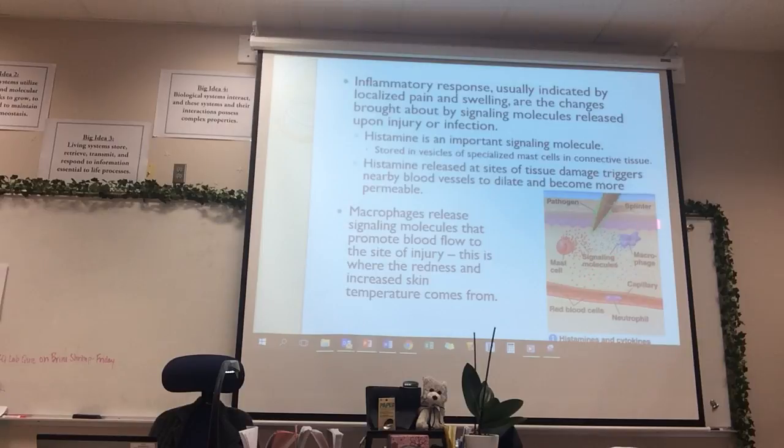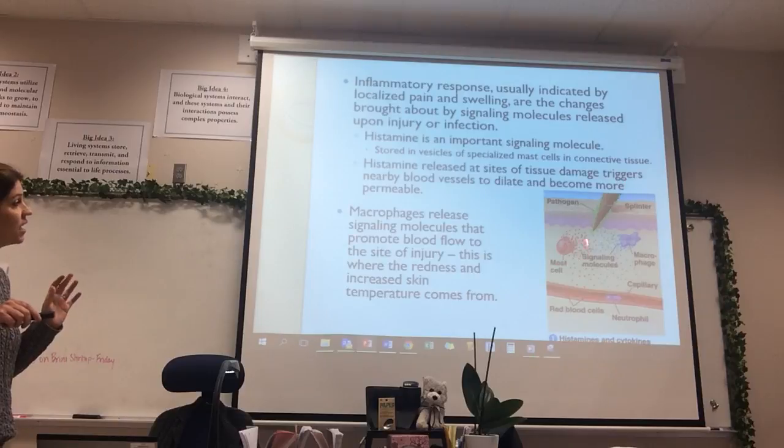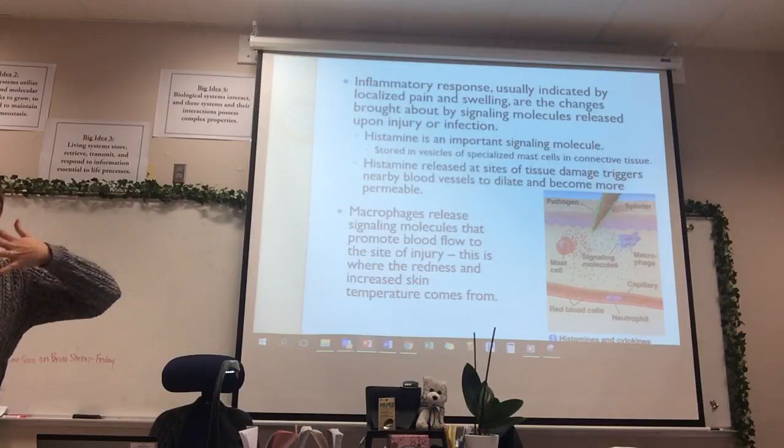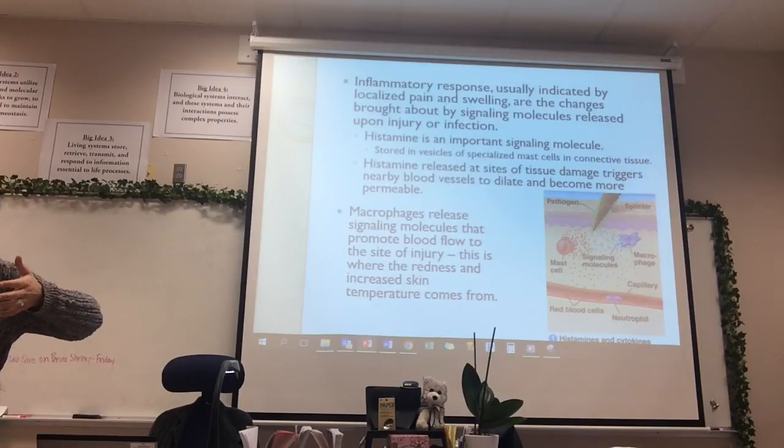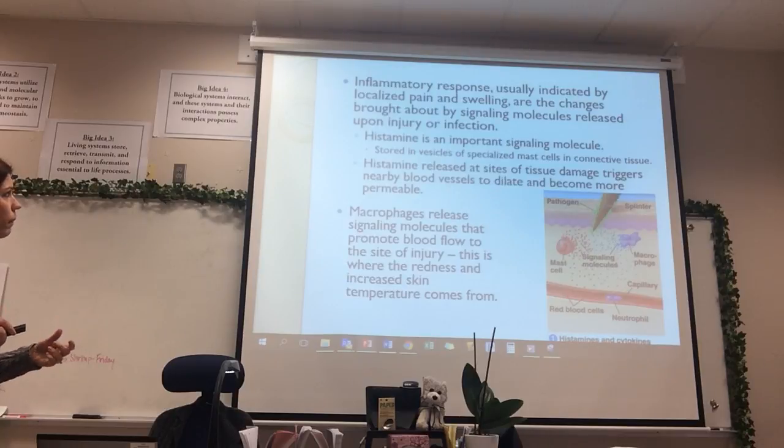So that when you have, in this case, a splinter, this looks very aggressive. That looks like a very nasty splinter. I wouldn't like that one bit. But when this happens, the mast cells that live in your connective tissue release histamines that then recruit help. The problem is sometimes these guys get confused and release the histamines for no good reason, and that's when we have allergies. So they're not apparently a bright bunch. Okay. So what do the histamines do?